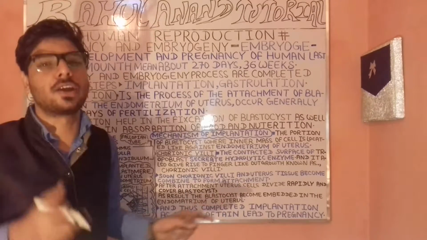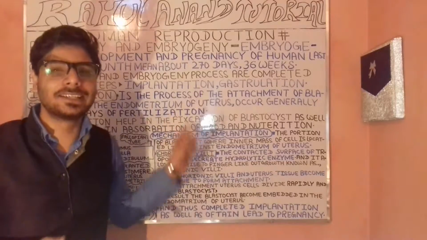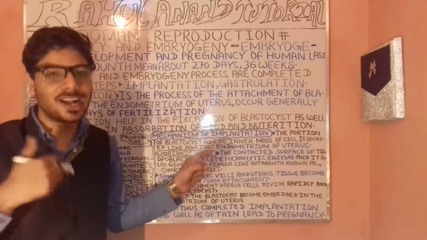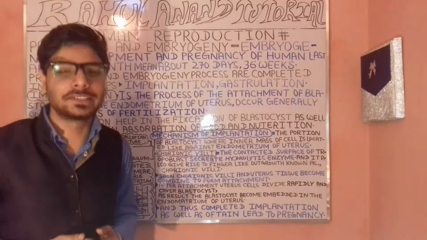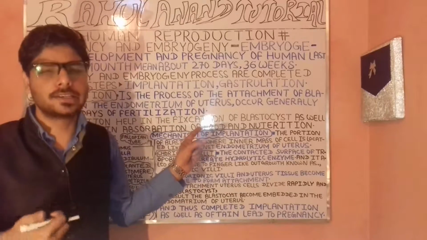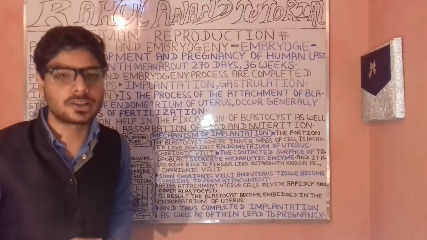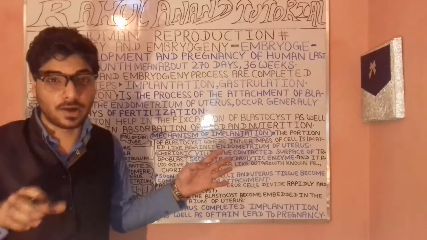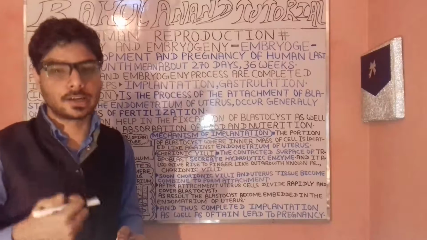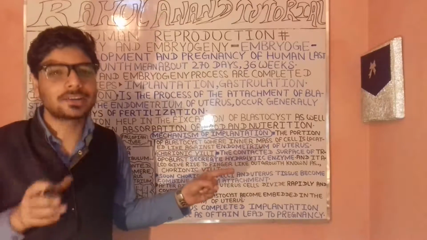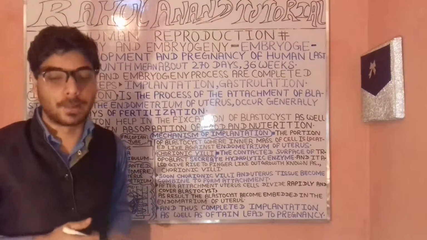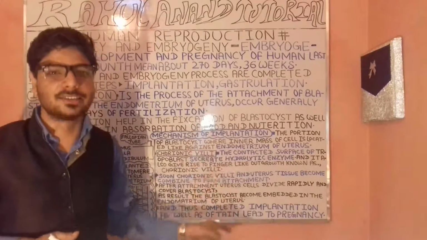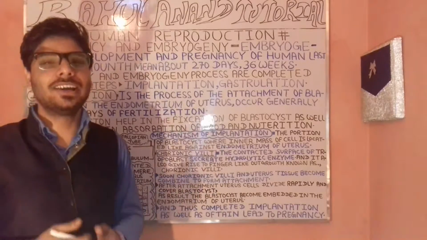This is the condition in human reproduction, in which we have dealt with the vital processes of embryogenesis and the pregnancy stage. We have dealt with the major four processes employed in embryogeny and the pregnancy stage. These are the cleavage as well as the blastula stage, then the implantation, and after that the gastrulation stage. We will understand that in our next lecture.